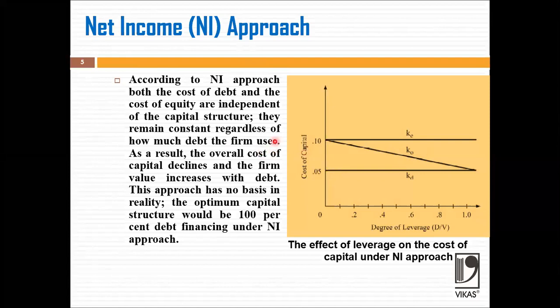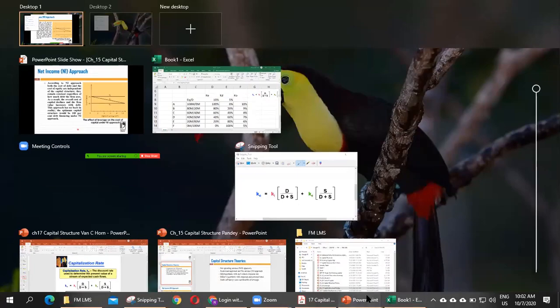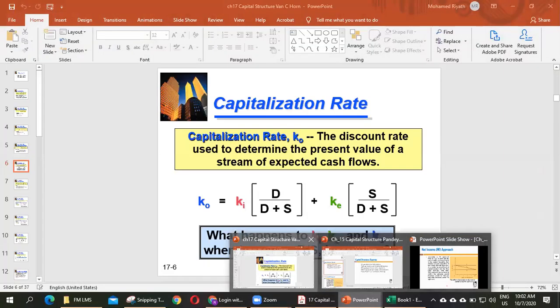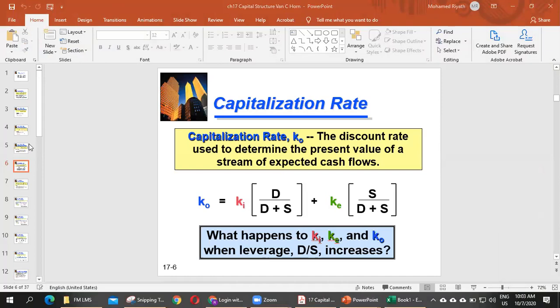Albert says it is very bad, right? Okay. Now I will explain. So why do we need to reduce overall cost of capital? Why does a company need to reduce overall cost of capital? To understand this, we have to go back to how to find the value of a firm. How do we calculate value of the firm?